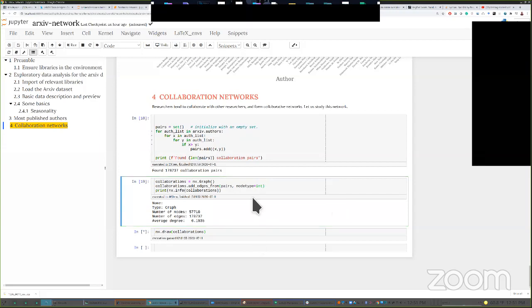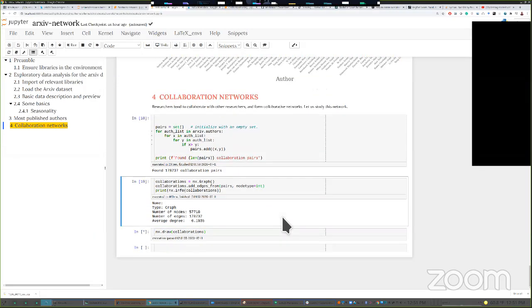There we go. So here you notice how I created this network. I created an empty graph and I added all the edges from where? From this pair that I created of edges, isn't it? Then when I print information about this network, it tells me something.